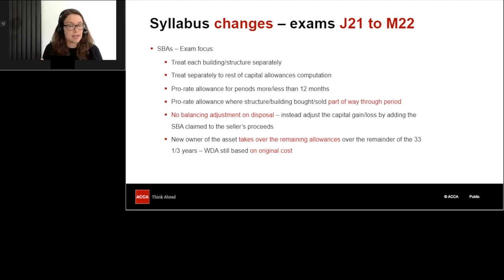This isn't an exam standard question, it's more one just to show you how some of these concepts can be applied to a scenario. So I'm going to play the video. It might just take a few seconds for it to start automatically, so there might be a little bit of a delay, so just be aware of that, and then we'll move on to the next area that we want to discuss.